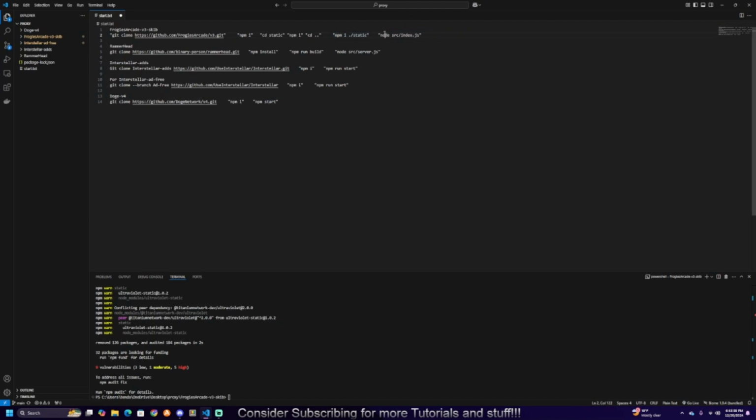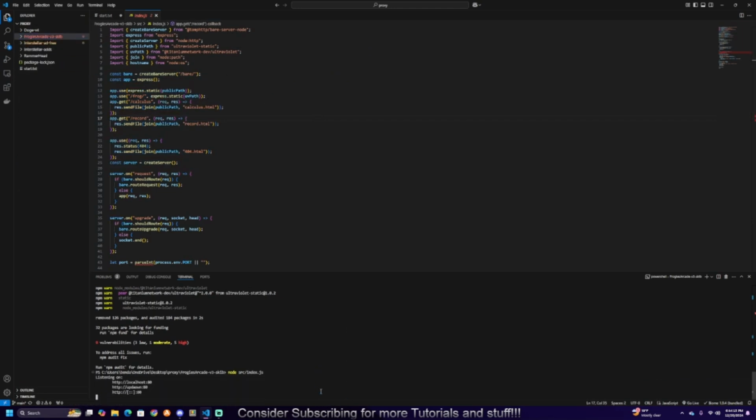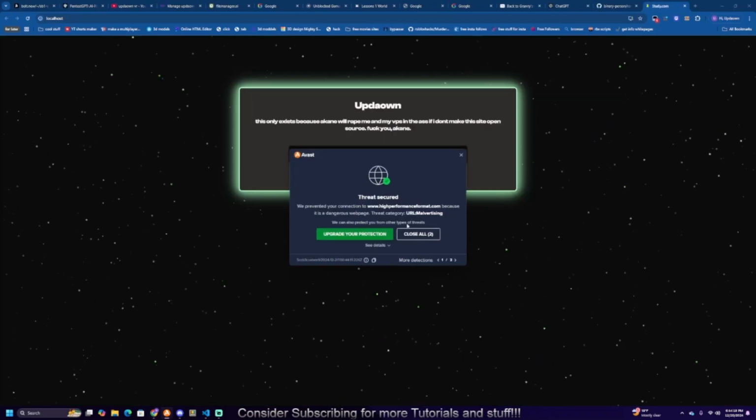After that, all you want to do to run it is node src slash index.js. What this does is run this file right here, which is the proxy thing. That's all that is. So once you press that, it should all work. Go to your localhost, and